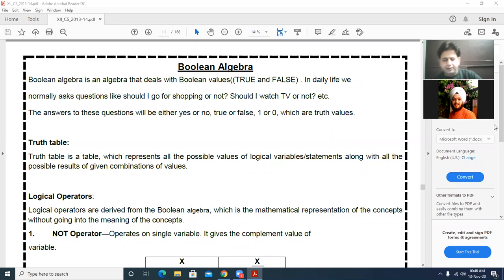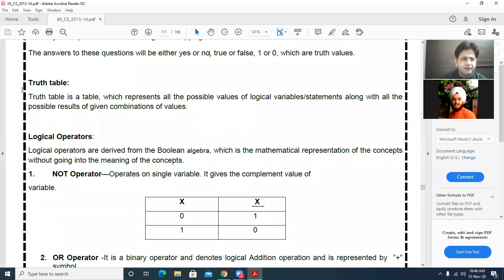Now the first thing is truth table. A table that represents all the possible values of logical variables along with all the possible results is called a truth table. So it contains the combinations of values. For example,